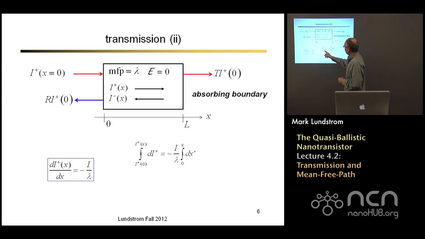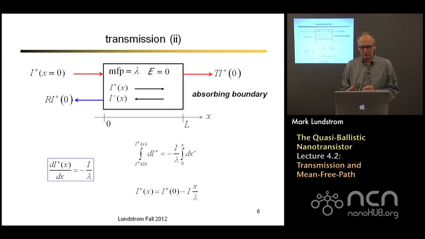So let's integrate from 0 to the end of the slab. I'll separate the variables, so I'll integrate from I plus at x equals 0, and I'll find I plus at some position x in the slab, and I'll integrate dx prime from x equals 0 to some location within the slab. Current and mean free path are assumed to be spatially constant, so I can pull them outside the integral. And that's an easy integral to do. And it says that the flux is what it begins with at x equals 0, and then it just decays